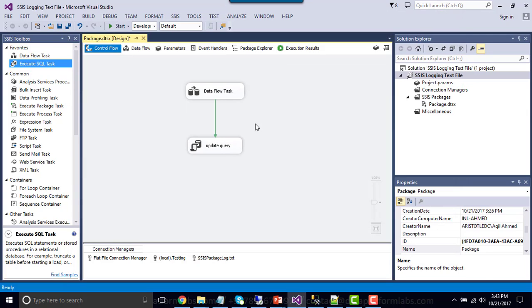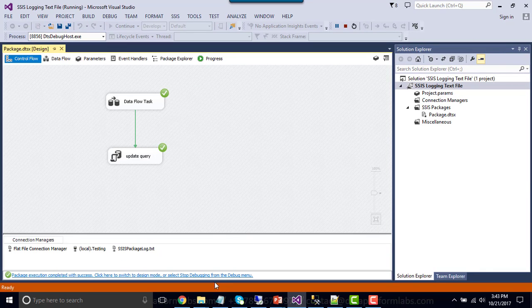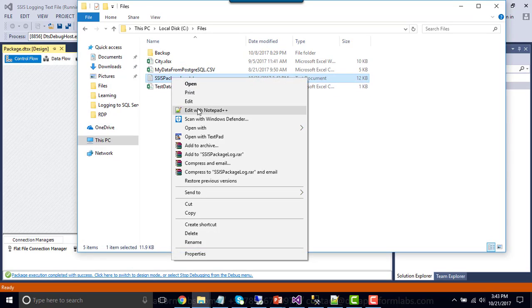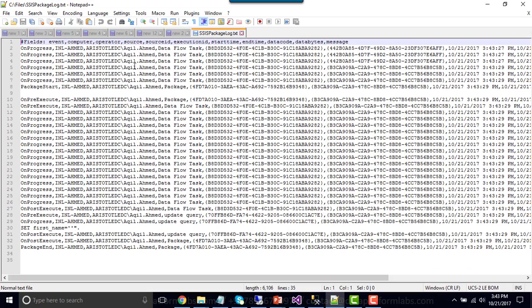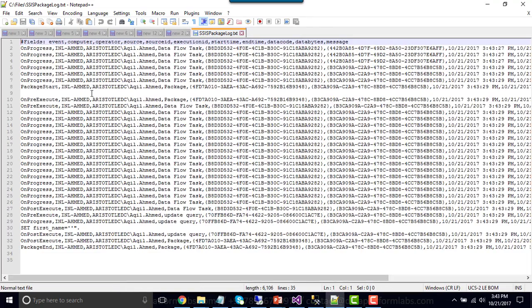Okay, so I have configured the inbuilt logging for the flat file, and now let me execute the SSIS package. The package completed successfully, and if I go back to the location where I created this particular file and open it in a text editor, you can see that it has written all the information, all the events, to a flat file. Maybe you can send this flat file by email to a person who wants to check whether the package runs successfully or not, and he can just download this file on his mobile and check the progress of a task.